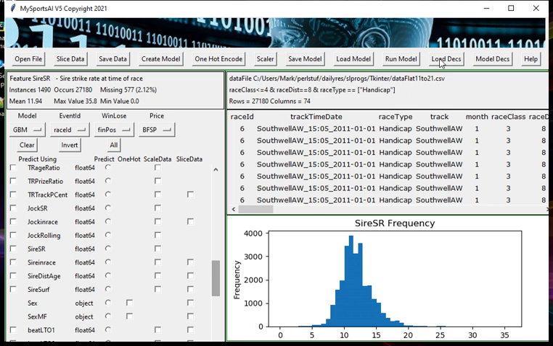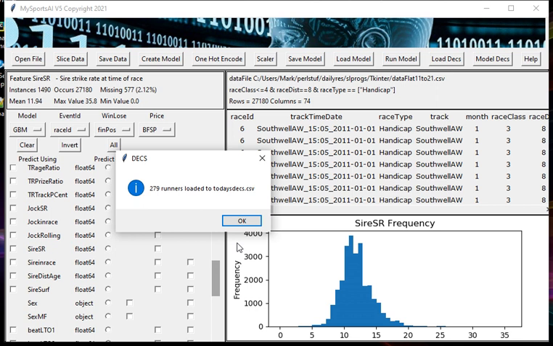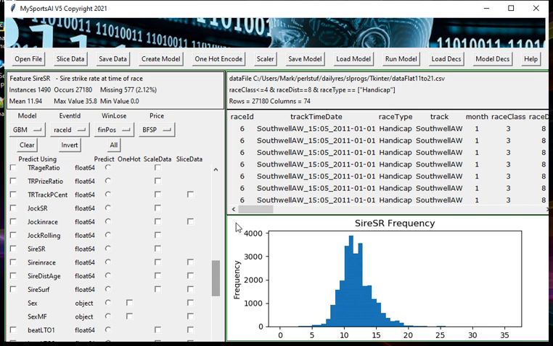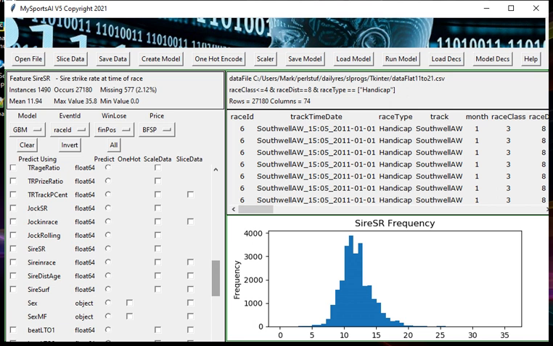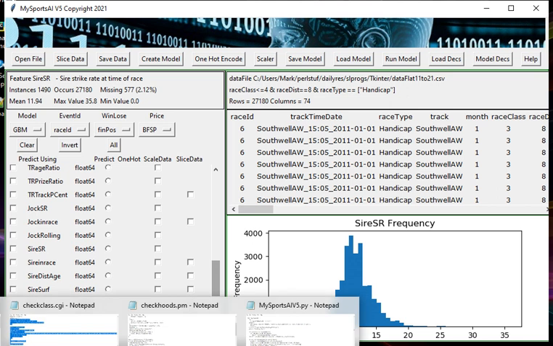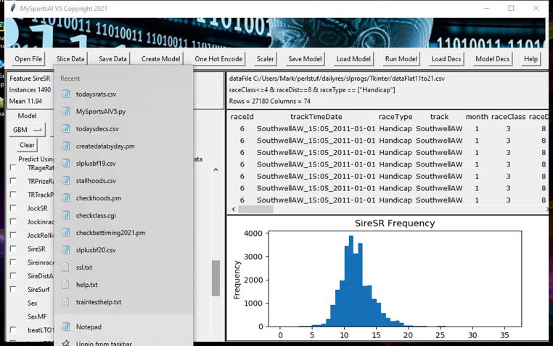Now if I click on load decks, it'll load today's declarations. It's telling me the 279 runners that have been loaded into a file called todaysdex.csv. And then if I model the declarations using the model I've just created, it outputs the ratings to a file called todaysrats.csv. And now if I go to today's rats,